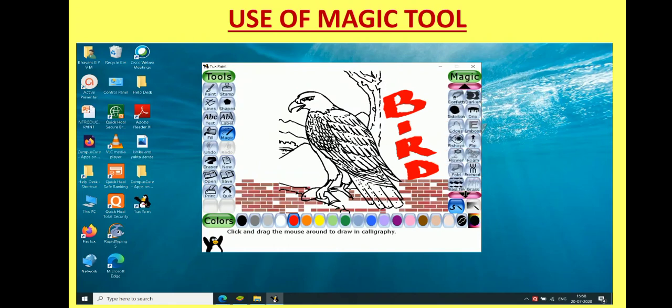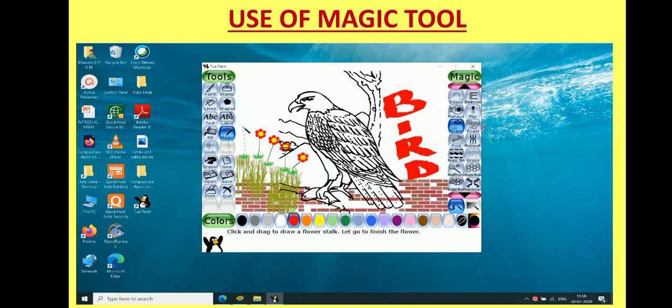There are many other tools also. We are not going to discuss all the tools. For example, this grass. If you choose grass, keep left mouse button pressed, come to your drawing and you can draw grass in your drawing. Similar way, there are other subtools also. You have one very good option of flower. You can choose this option flower and you can draw some ready-made flowers in your drawing.